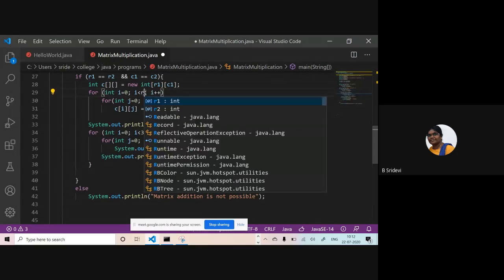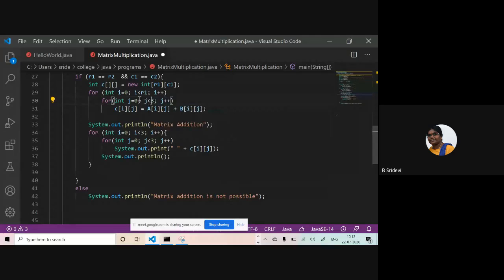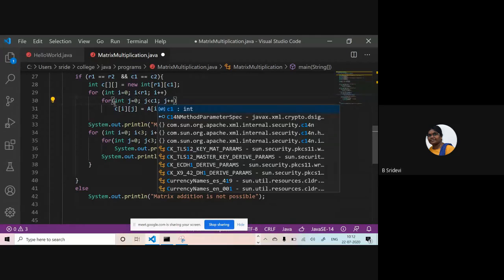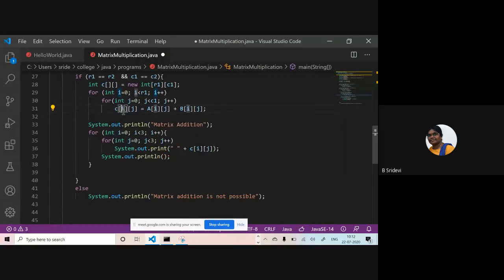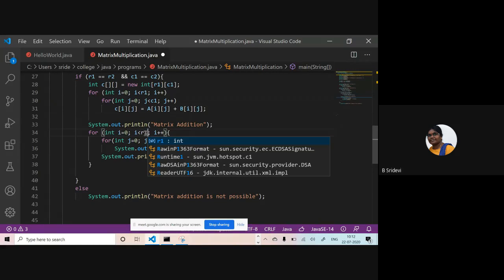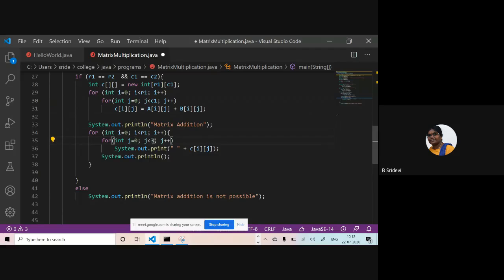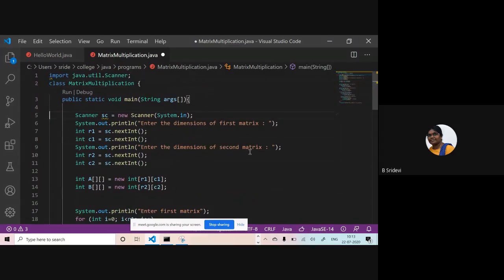And for every row and for every column, I need to perform addition. Okay. So I have computed C. And after computation, I have to print R1 C1. Okay. So this is the finer way of writing. That means here this matrix addition can be done for any kind of dimensions. It's not always for 3 cross 3. Okay. So we have done a lot of modification to it.